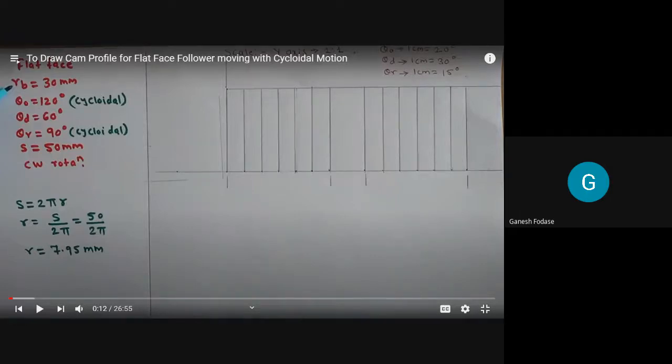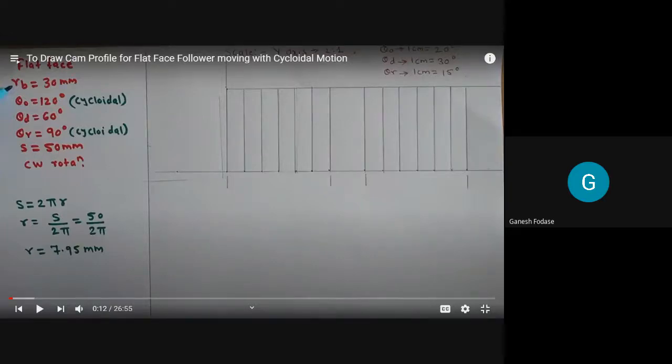At the same time, we discussed different types of follower motions to draw the displacement diagram. We discussed SHM, uniform motion, and the uniform acceleration and retardation procedure, how to draw the displacement diagram when the motion is uniform acceleration and retardation. We discussed that in the theory lecture when we were discussing analysis. The only thing remaining is to discuss it now through this numerical.